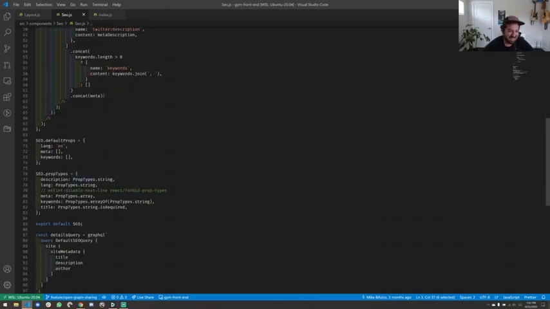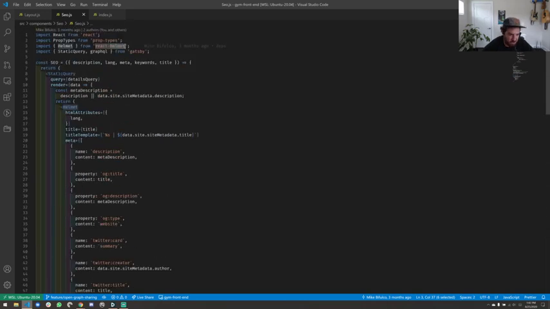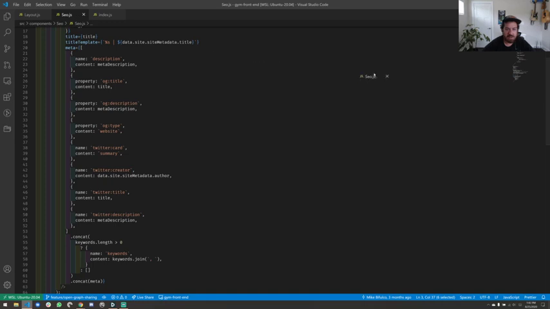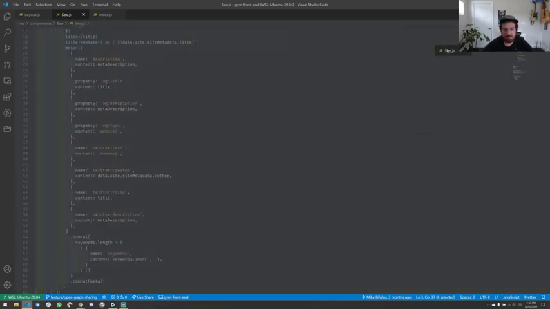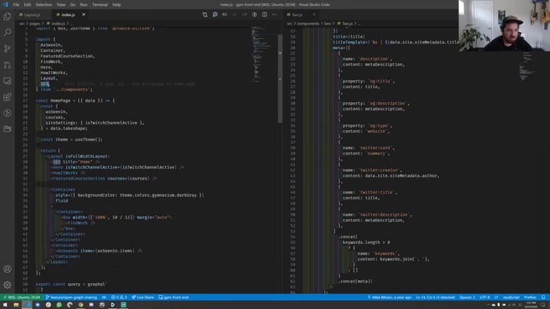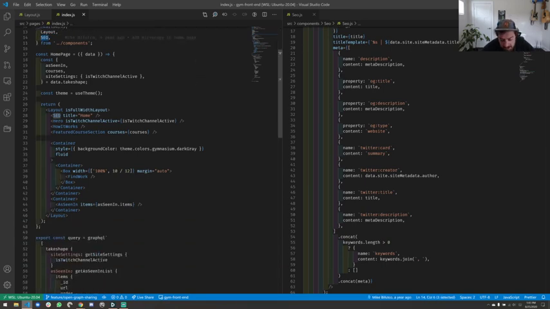So I think we can actually clean up this component a little bit. We will get to that. But just for the sake of explanation here, let's put them side by side and see what's actually happening. We have our home page. We have this SEO tag, and right now it is, oops, let's see.